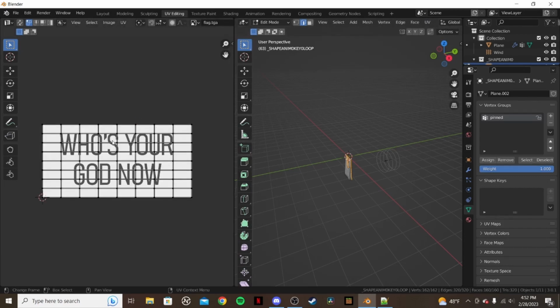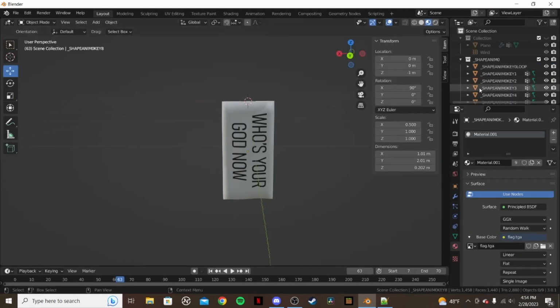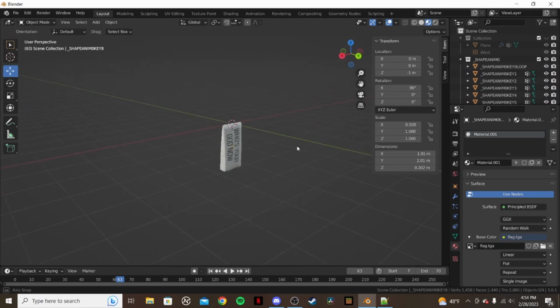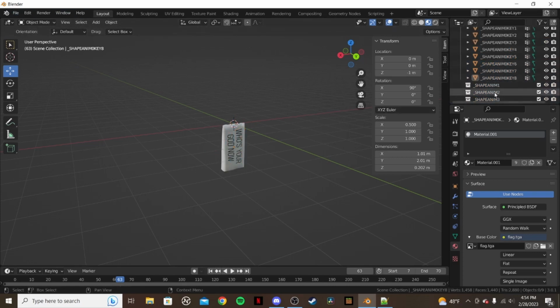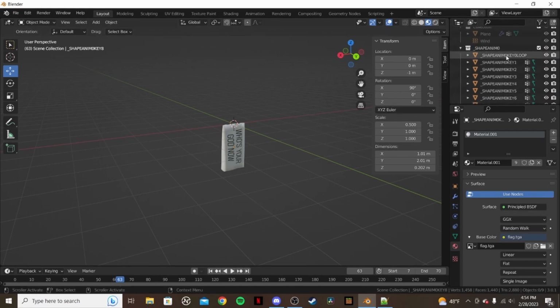So let me see here. Alright, so now that we have that, we are going to select all of that. If you were to set up all your different animation channels, you would select all of those as well. But for the sake of this video and for the sake of time, we're just going to do just this first channel. So we're going to select everything,